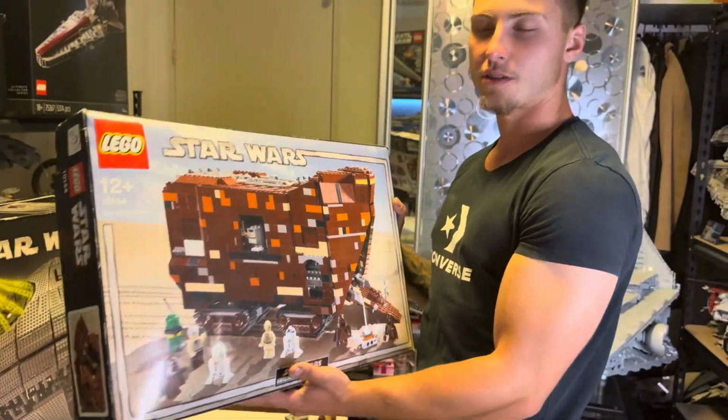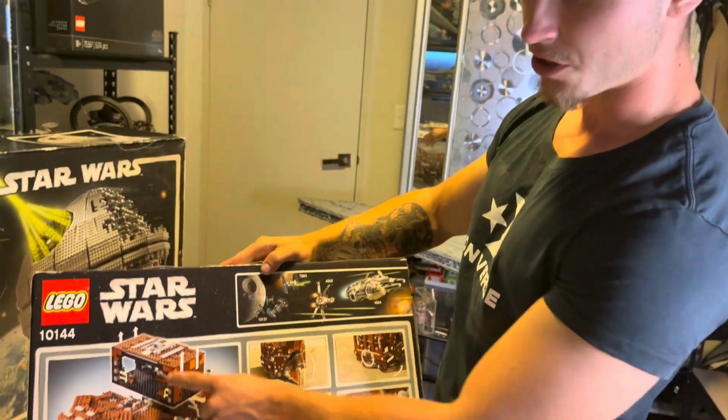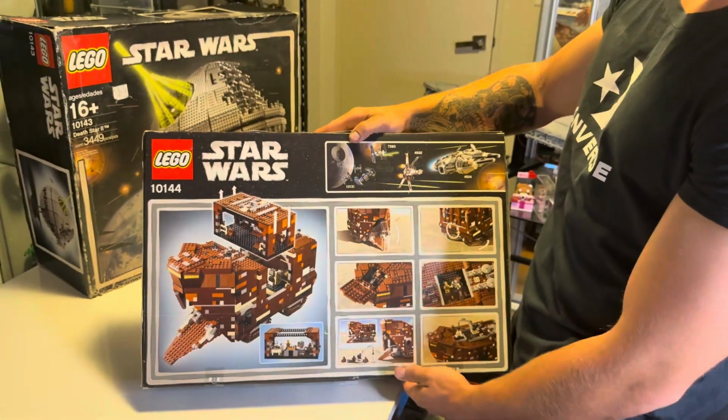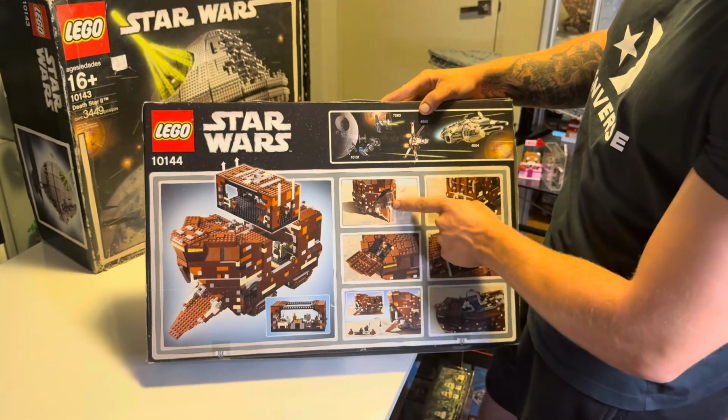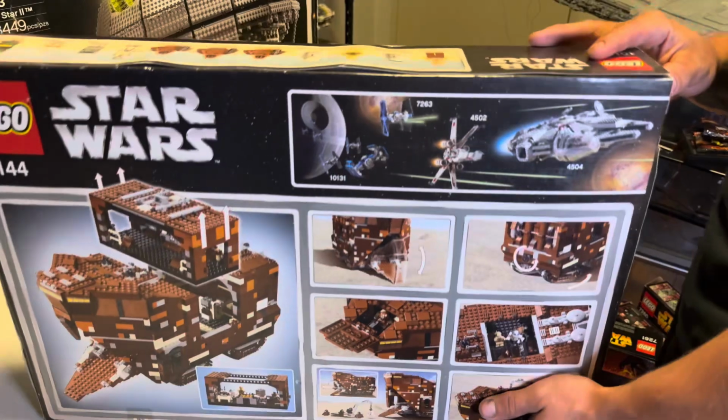I did love the build. It's a very nice build. Besides that, it came in little sections. So we got a little middle section you could put your minifigures in, and then you could open up the front, the back, and put your astromechs and just play with the features. Now,